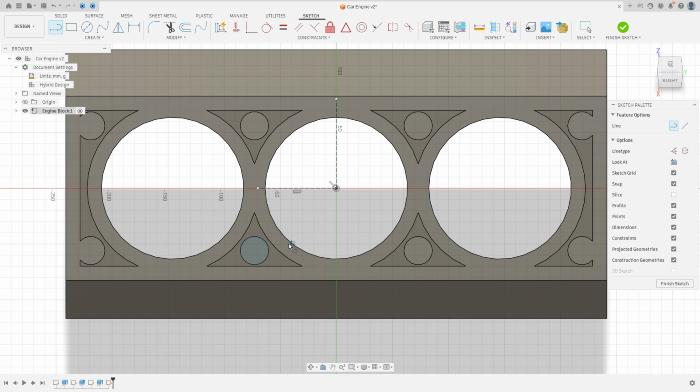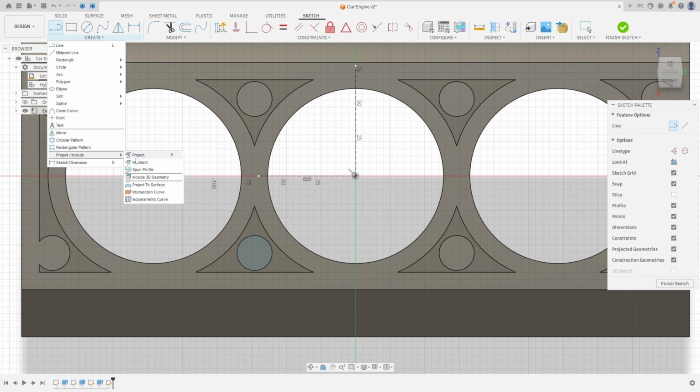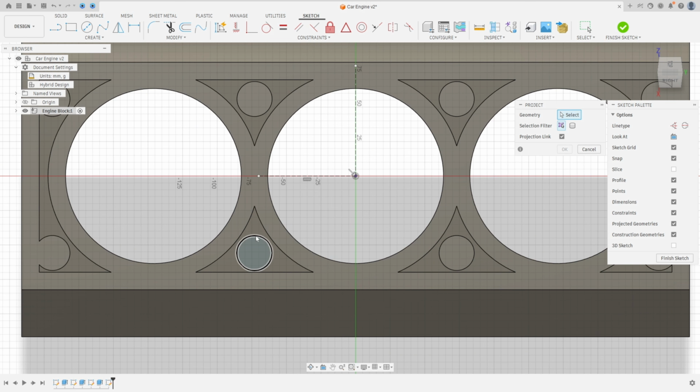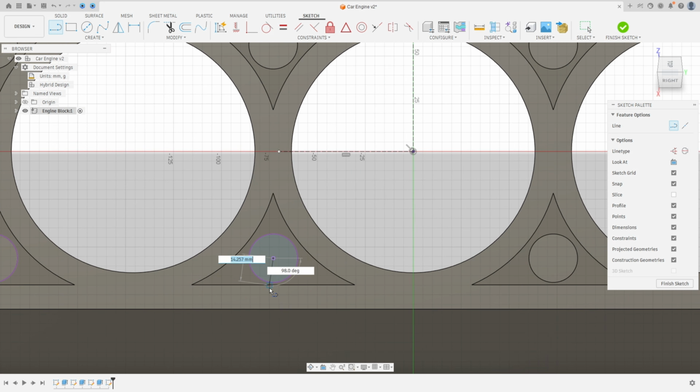And now select line again. Remove the construction geometry. Find the center of this face. If you didn't find this, go to create and select project, include, project, and select this face here or this arc, and make the same. Select this arc here and press OK. And now select line, click here in this point, make a line here with 20 millimeters of length